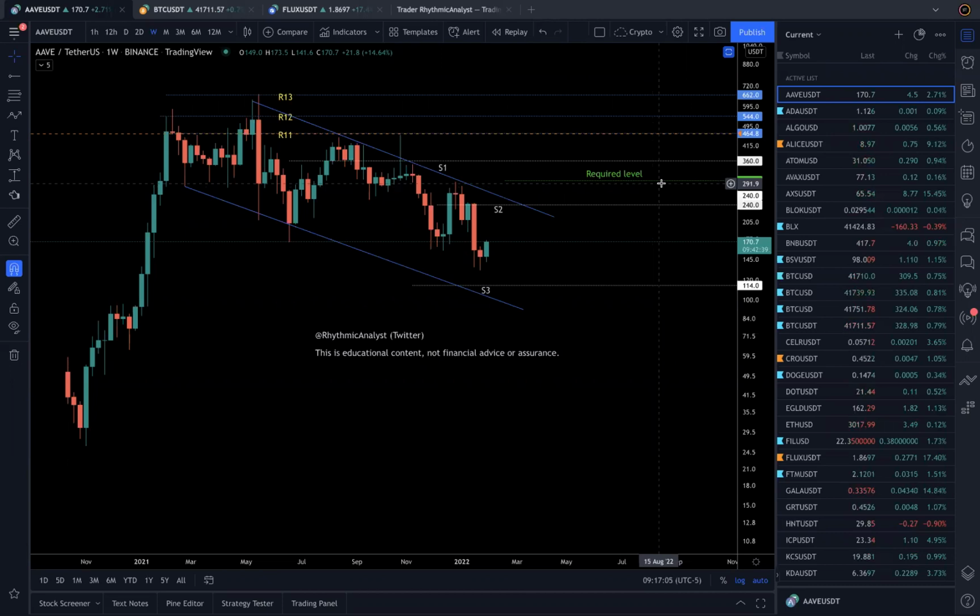For the coins which are beaten up badly, the required level would be higher compared to some coins which are very close to the required level. We'll see that. So there are different ways you can interpret it. One is you can say at least it could try to achieve the required level. That's one way to look at it. Another way to look at it is